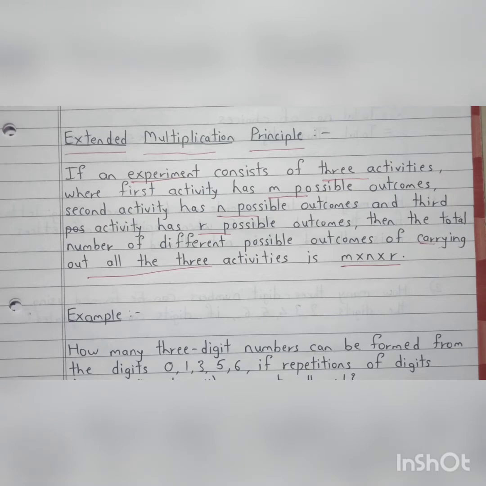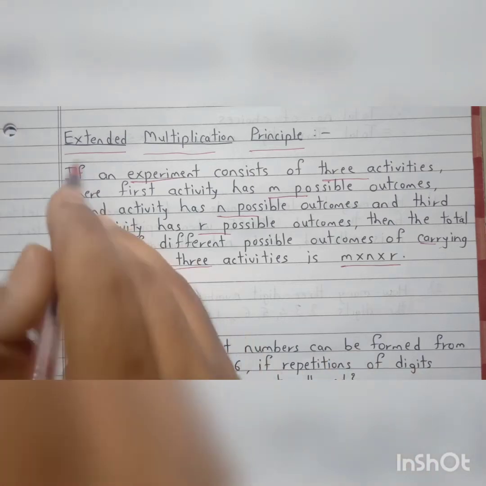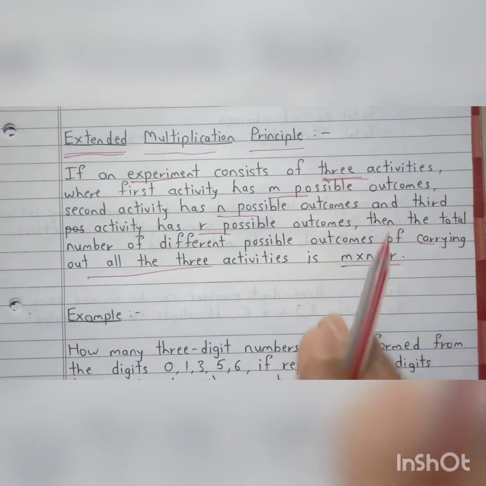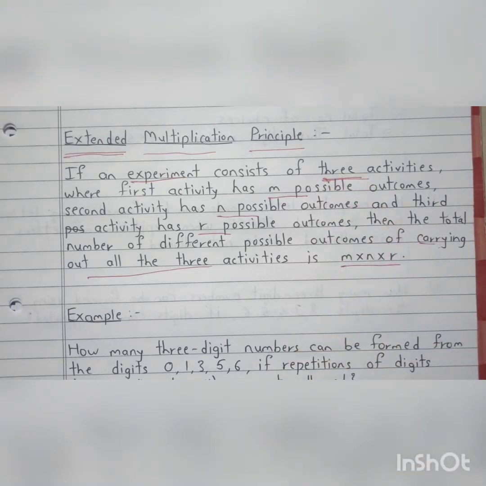Now again, as you can recall in the previous video, when we saw the multiplication principle, there were only two activities and we had to carry out both the activities. So if you want to carry out all the activities, then you have to apply the multiplication principle. Again, here there is no restriction on numbers, and that's why this is extended. There can be three activities, and again there can be 4, 5, 6, 10, 20, 100, any number of activities.